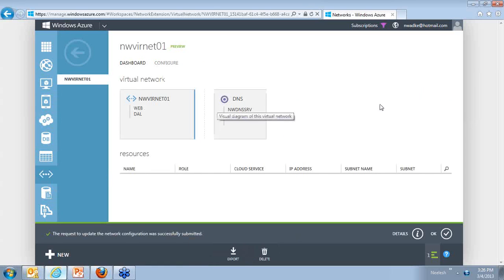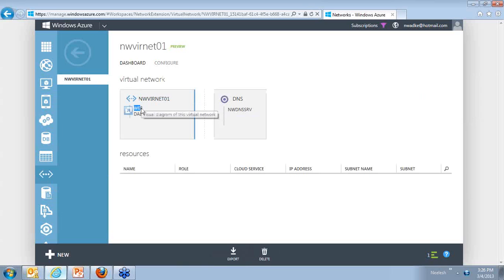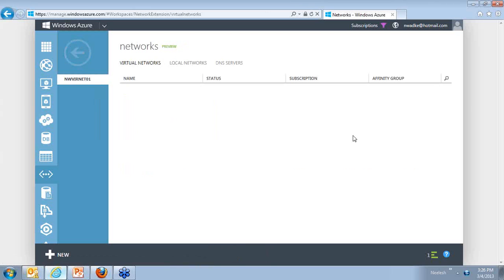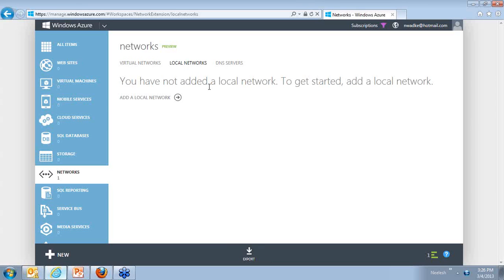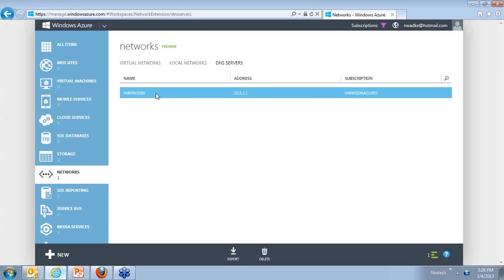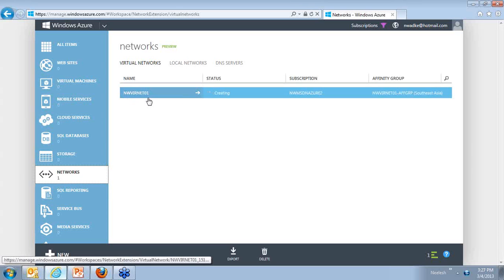If you move on this, you can get to know, for a particular virtual network, what the subnets are, what the DNS server is, and all those details you can get through it. Similarly, if your virtual network is getting connected to a specific local network, you can also add a local network and then use these DNS server options to go ahead and connect to your local network. So what I'm going to do now is, once my virtual network is ready, I'm going to export these settings